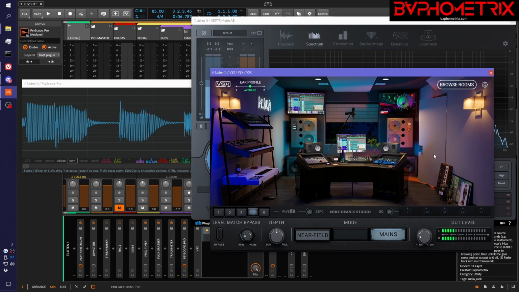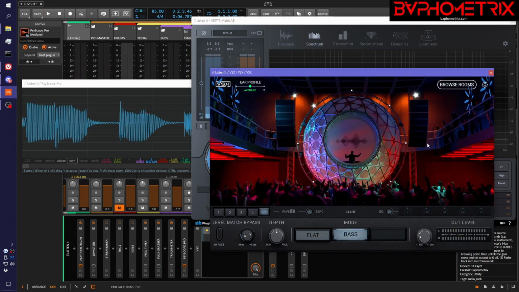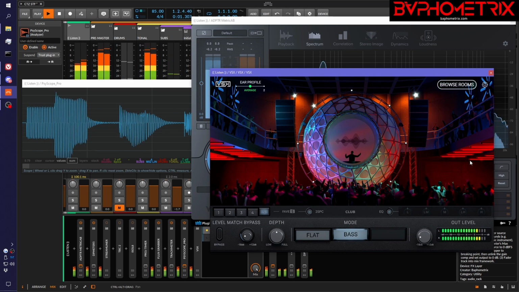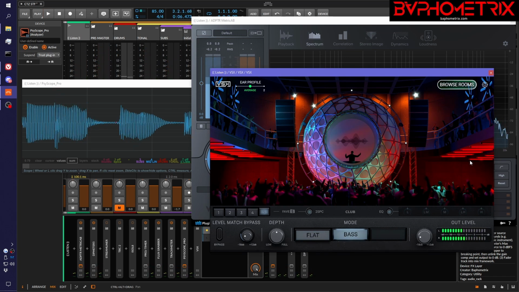Hear how it swells up? Let's go to a club environment where things will get nasty. It's a little bit too much of a boom, boom, boom. There's just too much of a swell there, and it gets especially swampy in this club environment. So let's go back here to the subtrack,